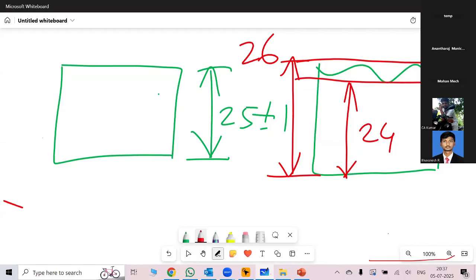How to check tertiary datum? Tertiary datum is not for checking. You have to use that datum to control something else. So always datums are references. It is not for checking. Of course, you have to control that and then check it. But after controlling, you have to use that. Tertiary datum is something you're going to use for controlling something else.